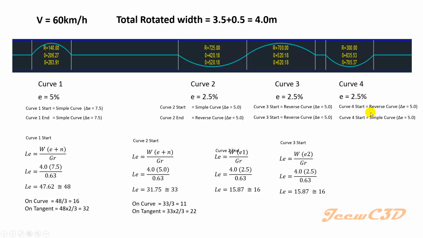I will be discussing these things on a later day with a complete exercise. So that is about super elevation development length according to the RDA design guidelines. In the next lecture, we will be looking at another way of calculating super elevation development length, according to the Austroads guidelines, which is different from the RDA guidelines. We will look at that one also to have an idea about how super elevation development lengths are calculated in other parts of the world.